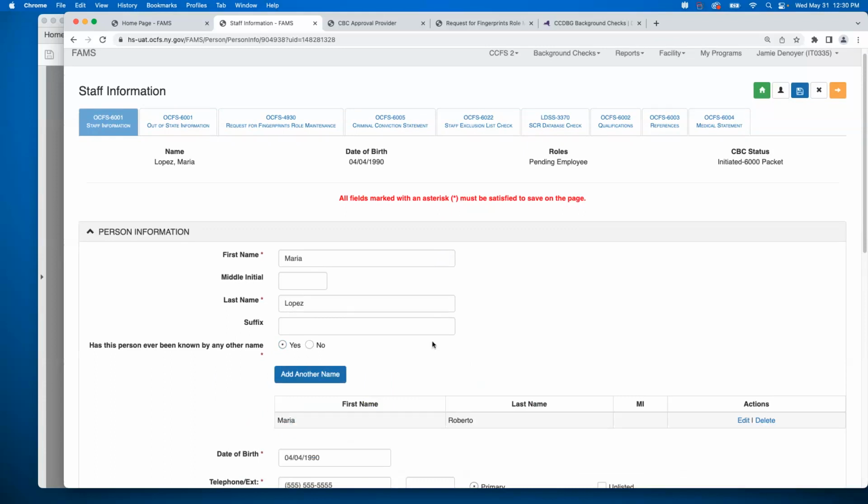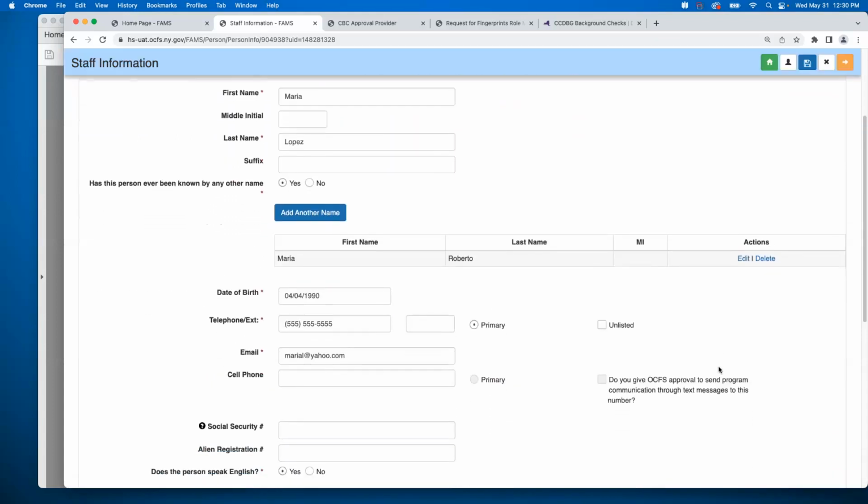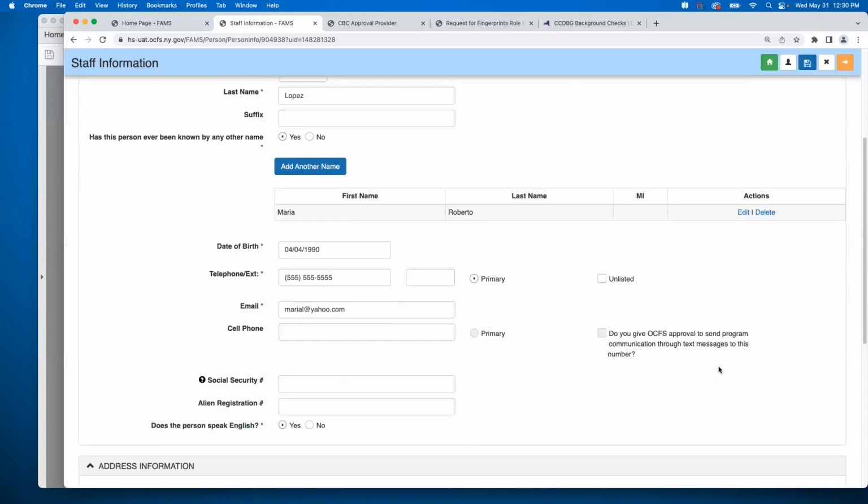And you can enter in as many names as needed, and we have these nice edit and delete actions here. If anything is not filled in, I do recommend that you fill it in, such as that Social Security and alien registration number. While these are not required, they are really helpful to have and could potentially speed along the clearance process.